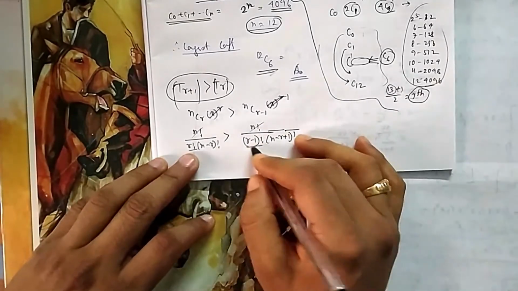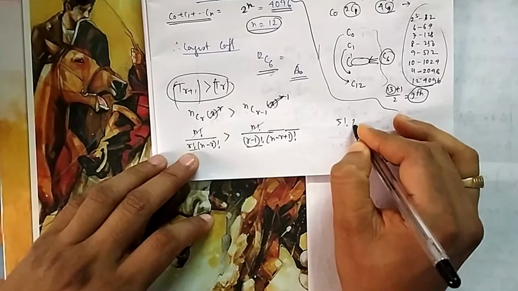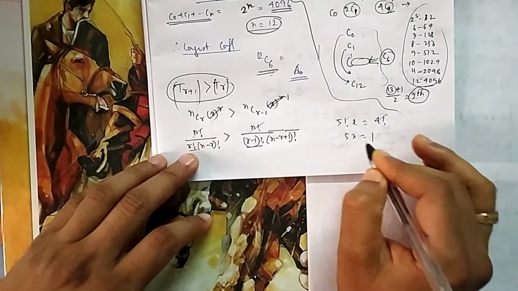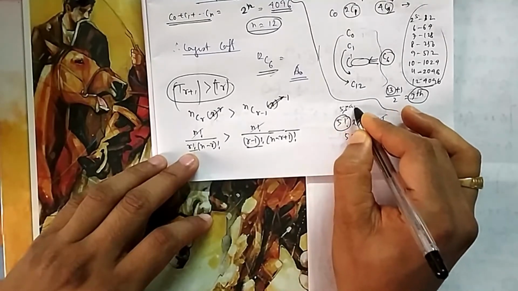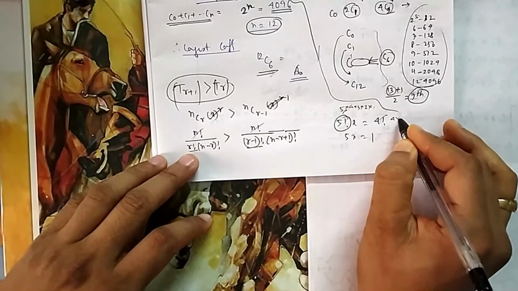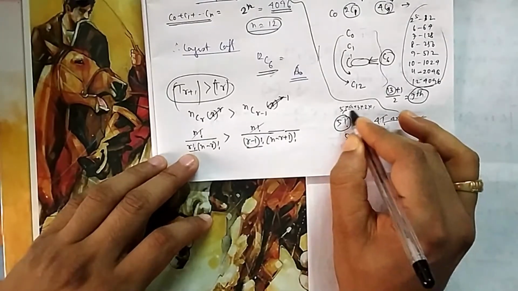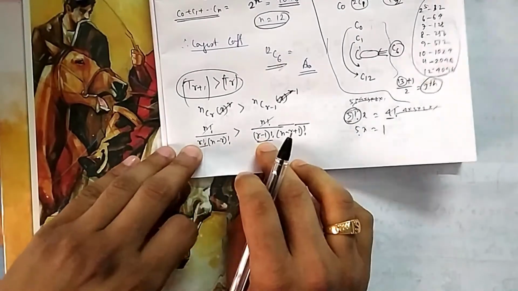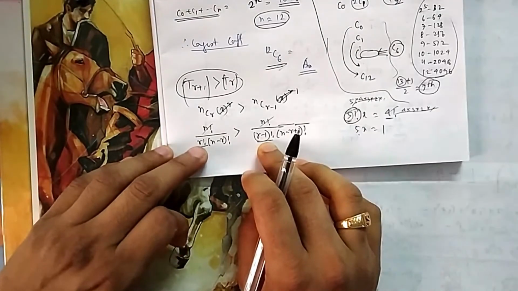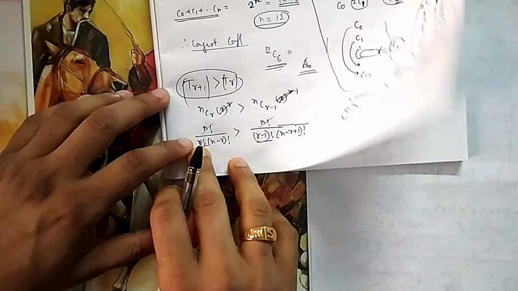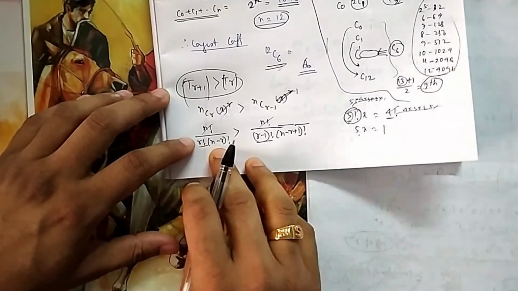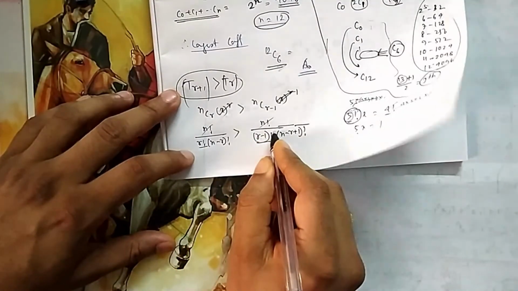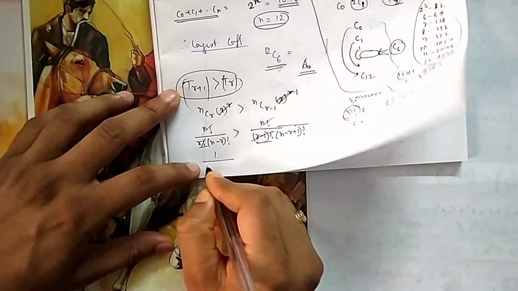Now out of r factorial and (r minus 1) factorial, suppose there is 5 factorial by 4 factorial. Now you want to cancel it. The answer will be 5. Because 5 factorial gives you 5 into 4 into 3 into 2 into 1, and 4 factorial gives you 4 into 3 into 2 into 1, so you can cancel all these. One is smaller, one is larger. Which one remains? Only 5 remains. So here also, between r factorial and (r minus 1) factorial, r factorial is bigger. So r will remain, because if we expand r factorial, it starts with r, then r minus 1, then r minus 2, r minus 3, and so on. So both sides get cancelled. So it is 1 by r.